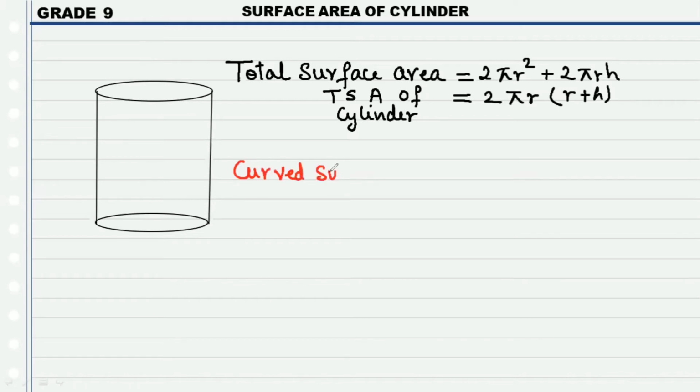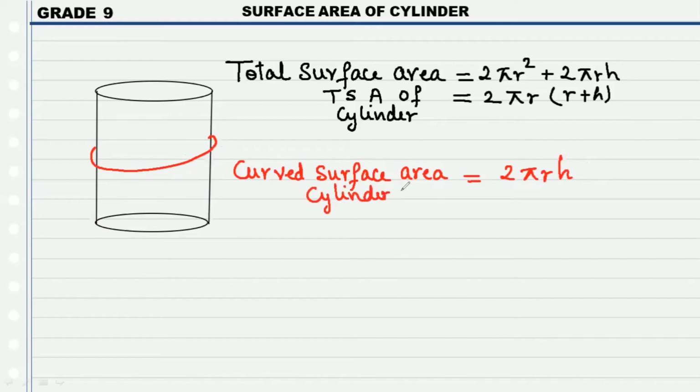Curved surface area. Now when I say curved surface area, children, look at the diagram. How many curved surfaces do you have? We just have one curved surface, isn't it? This is your curved surface, right? This curved surface when unrolled is your rectangle. Remember, I have just shown you. So what will we do? Now we will find the area of only this. That is your 2 pi r, that is your circumference, into your height, right? So curved surface area of cylinder is 2 pi r h.